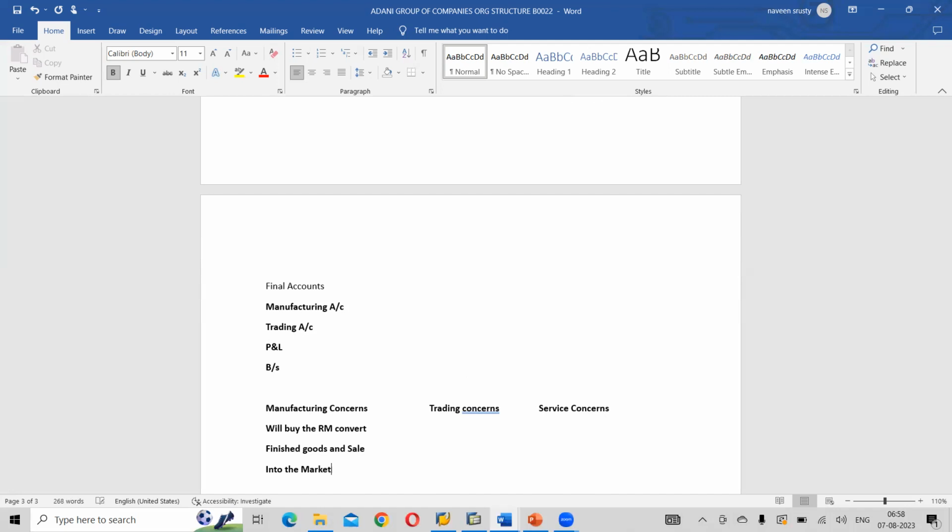Okay. So their final accounts will follow like this: manufacturing account, trading account, P&L account, and balance sheet. But when it comes to trading concerns, they won't manufacture the product. What they will do is, trading concerns will buy